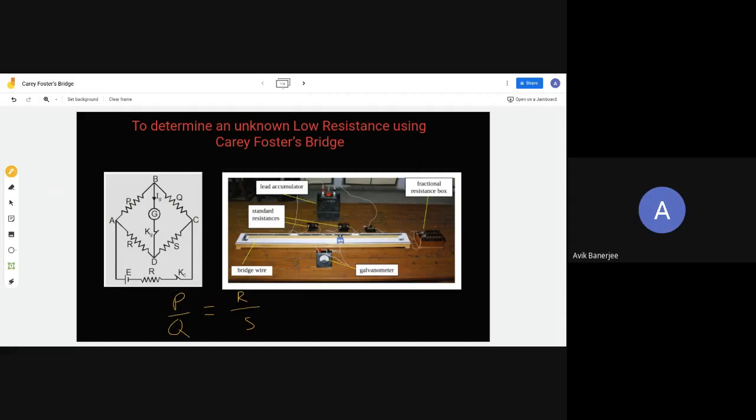Right, when the bridge is balanced, নিষ্পন্দ বিন্দুতে রয়েছে যখন, when there is no deflection in the galvanometer, or in other words the current passing through the galvanometer Ig is equal to 0, when the potential difference between this B and D is 0. So no current will flow through this branch. As simple as that. ঠিক আছে? এইবার আমি এই ক্যারি ফস্টার্স ব্রিজের একটা স্কিম্যাটিক ডায়াগ্রামে চলে যাচ্ছি।